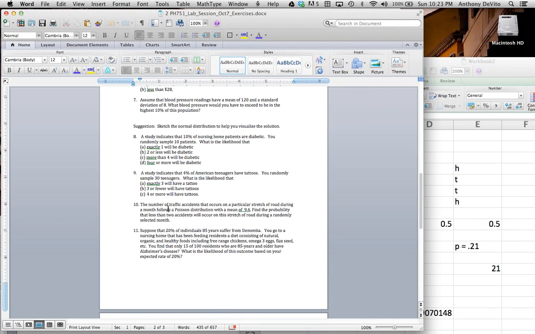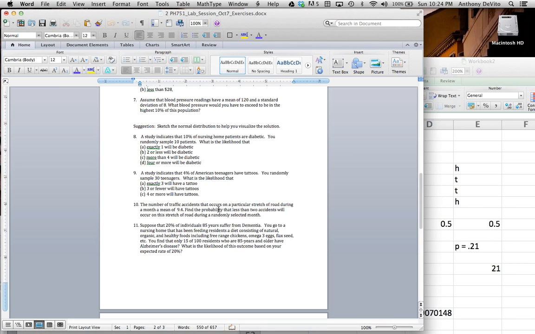Okay, 10 and 11. Now 10 and 11 is something called a Poisson distribution, I think. Let me start with 10. The number of traffic accidents that occur in a particular stretch of road during a month follows a Poisson distribution. Here, you gave away the farm there. If you say that in there, you're giving away the farm. But if we didn't say that,